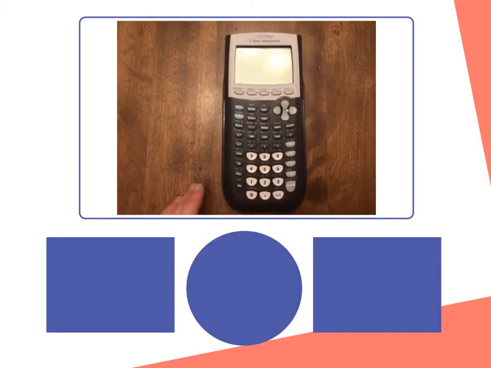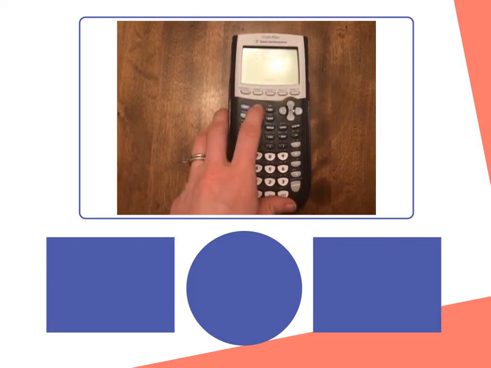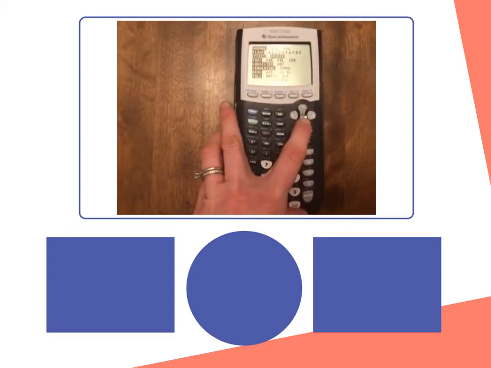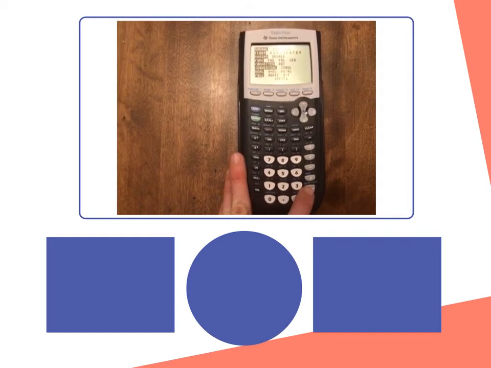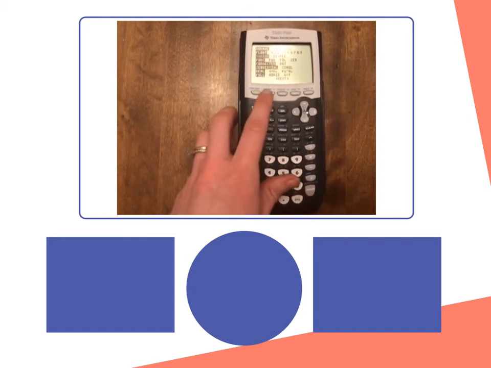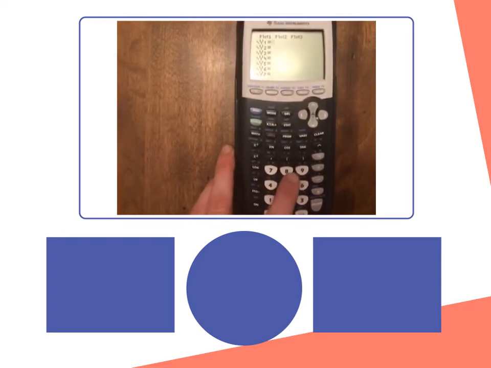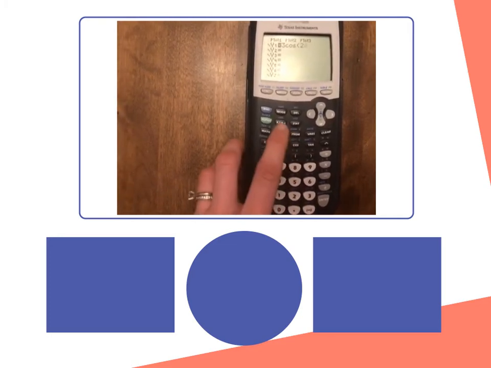So now I'm on my calculator, and the first thing we need to do whenever we're graphing trig graphs is press the mode button and make sure we're in radian mode. So I'm going to move it down to that and press enter. Now, in this problem, it reads that we have an amplitude of 3, a midline of 2, and a period of pi. So when I go to y equals, I'm going to type in the function I found, which is 3 cosine of 2x